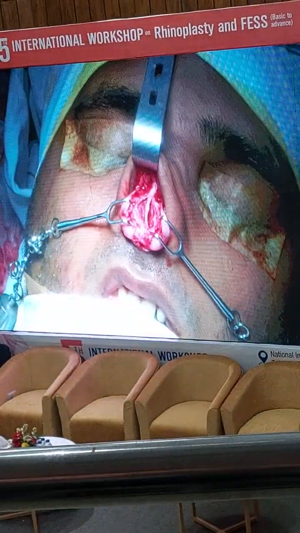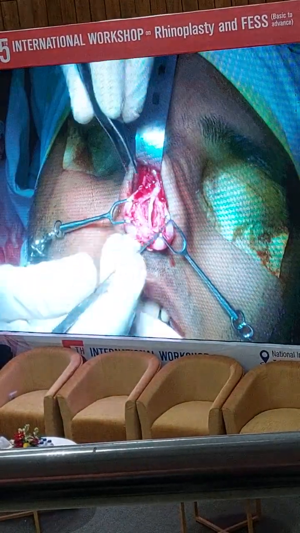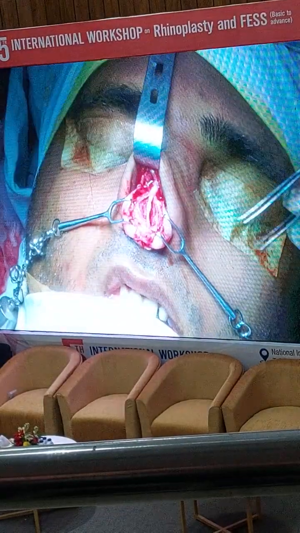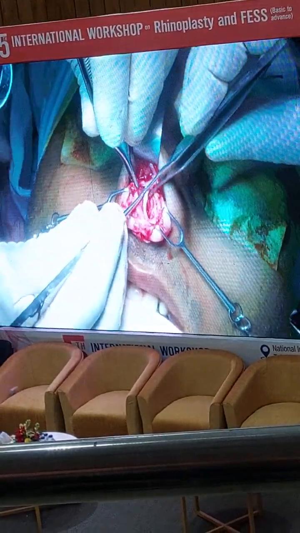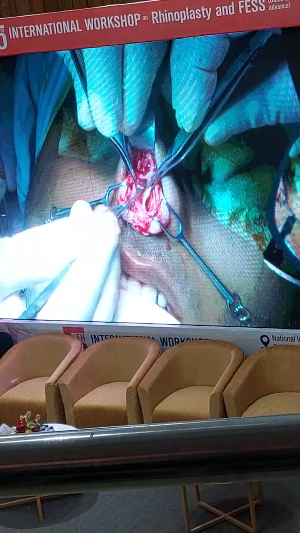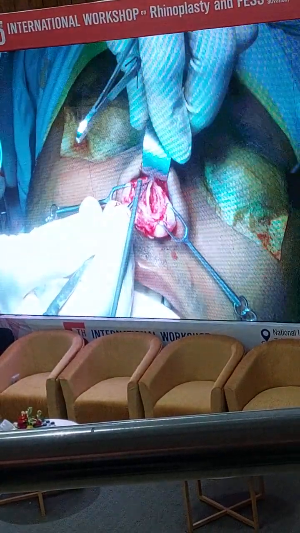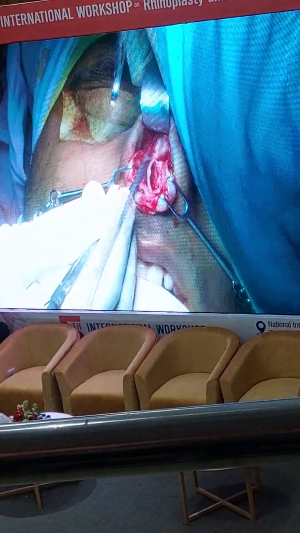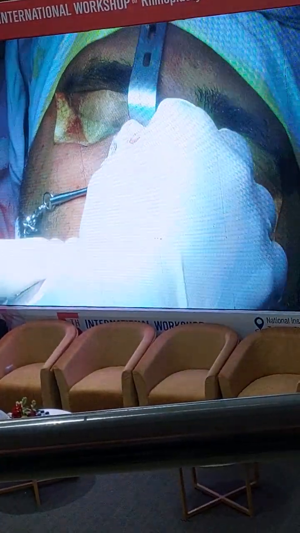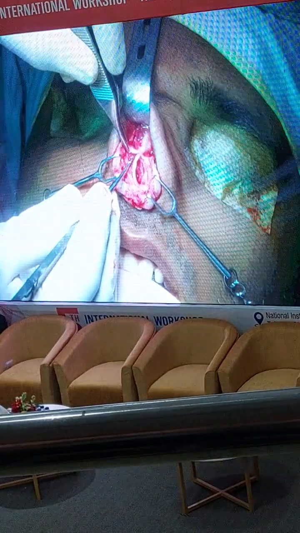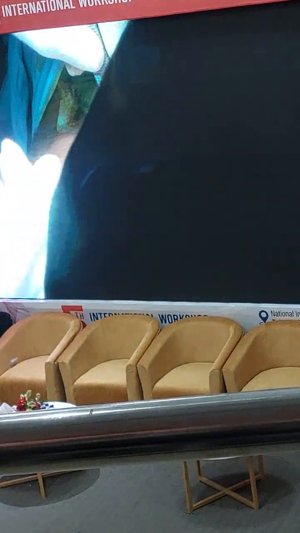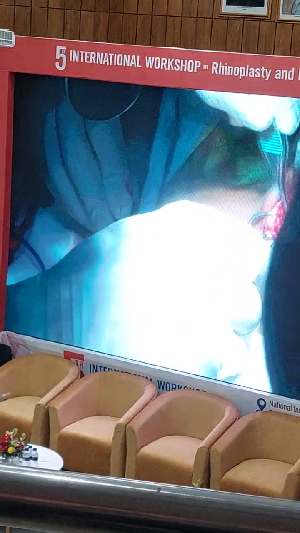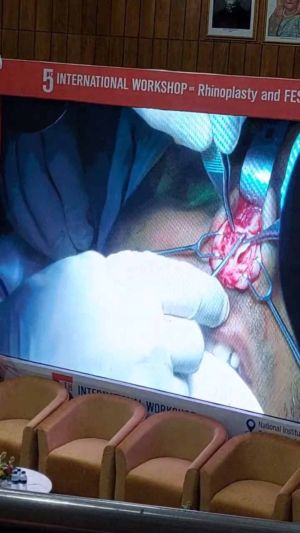Now I use this sharp end. I am just deploying this mucopericordium on the under surface of the upper lateral on the right side. Yes. You need more. You need more so we have a better experience. Yes. Okay. Now we expose. Look at the under surface of the upper lateral on the right side.